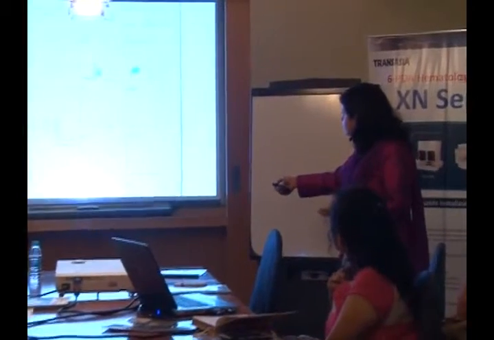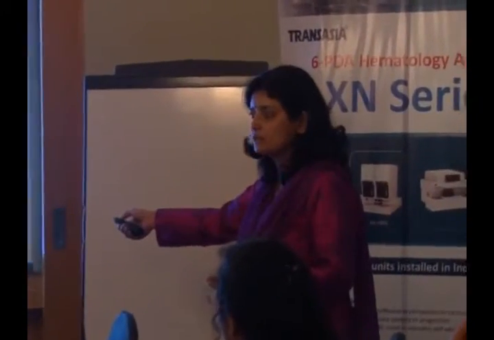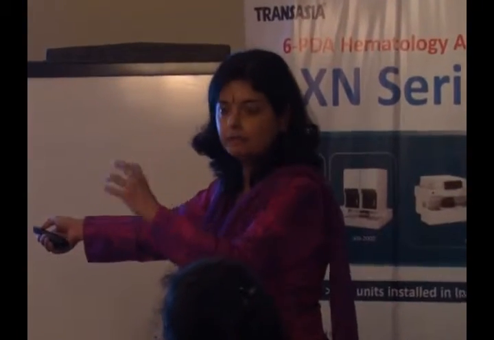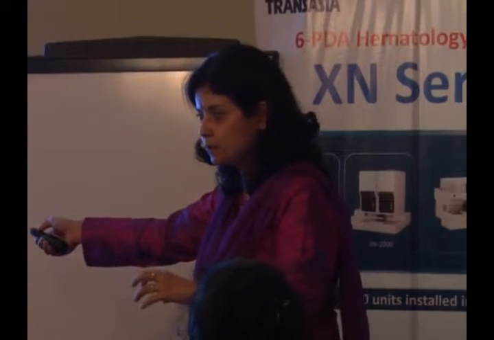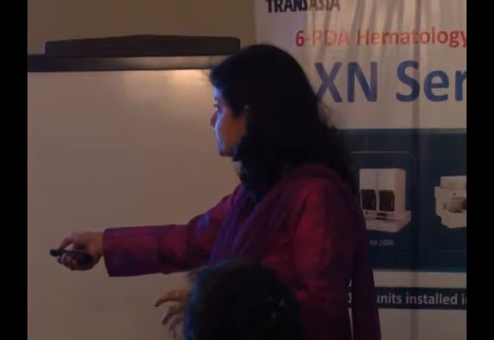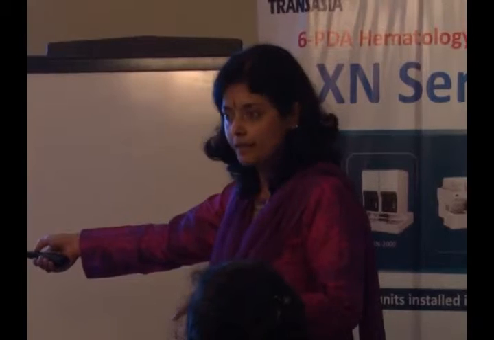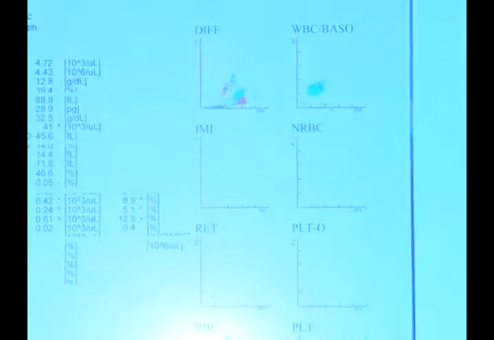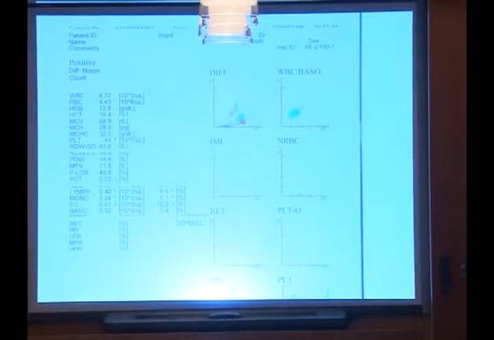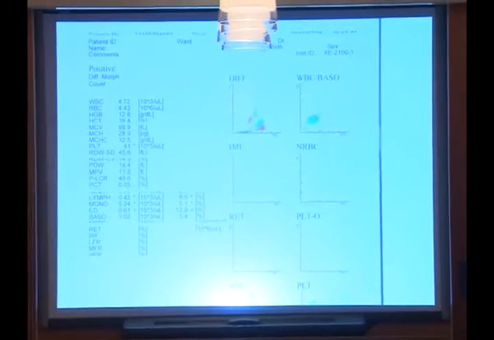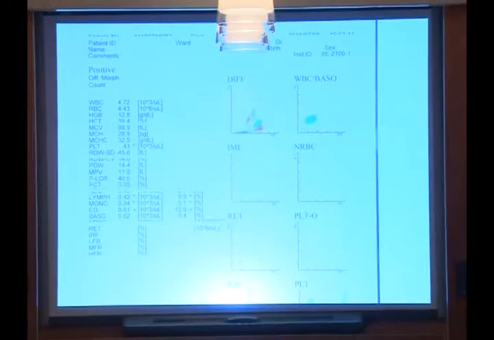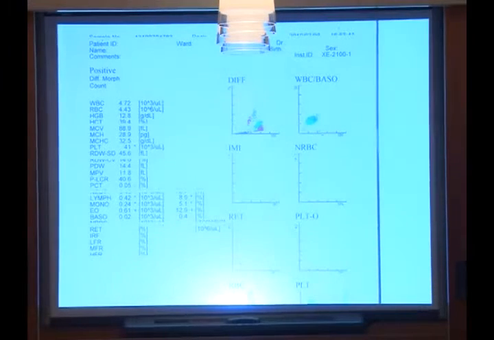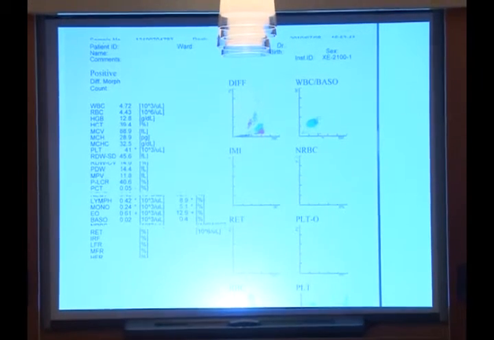Another patient, you see this eosinophil population. It's not away; it's sticking to the neutro-baso population. It's not a distinct population. The machine is showing 12.9, but there were no eosinophils in the peripheral blood. These are all MPs. We noticed this in our XT. Even in the XT you don't get any parameter in the WBC, and then lots of malarial parasites come. That is what I always face.